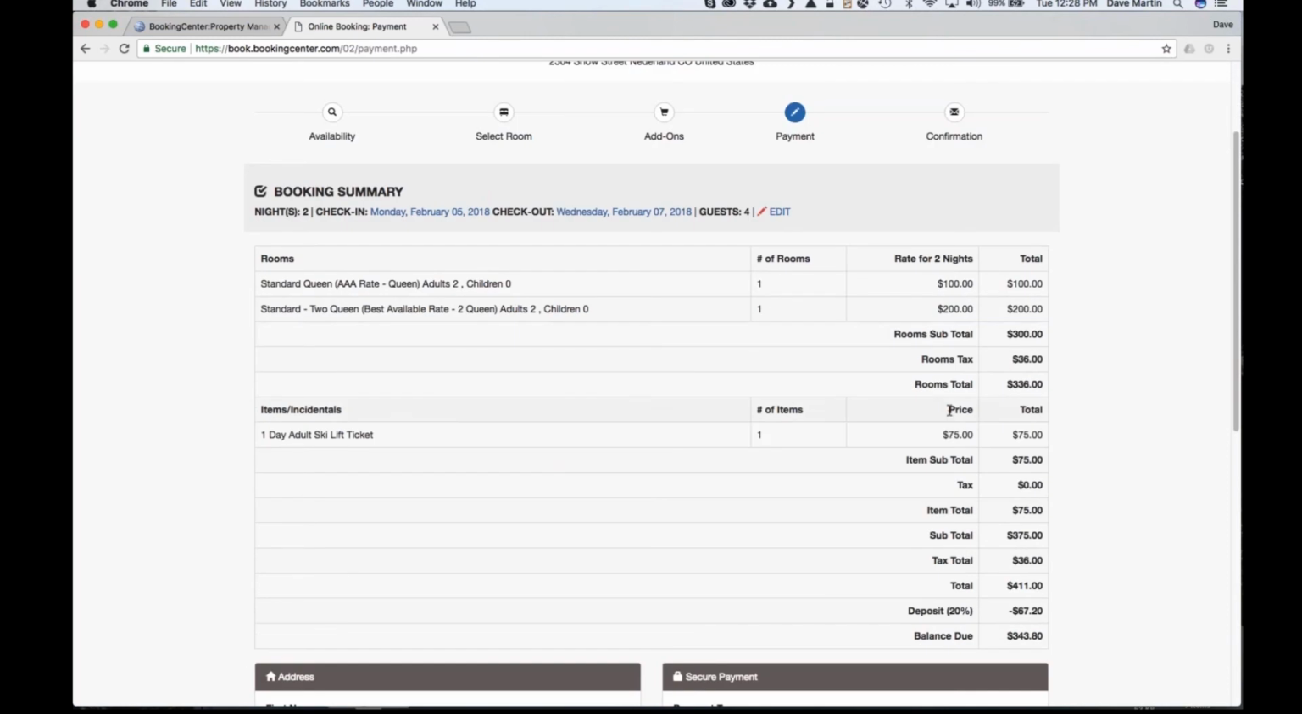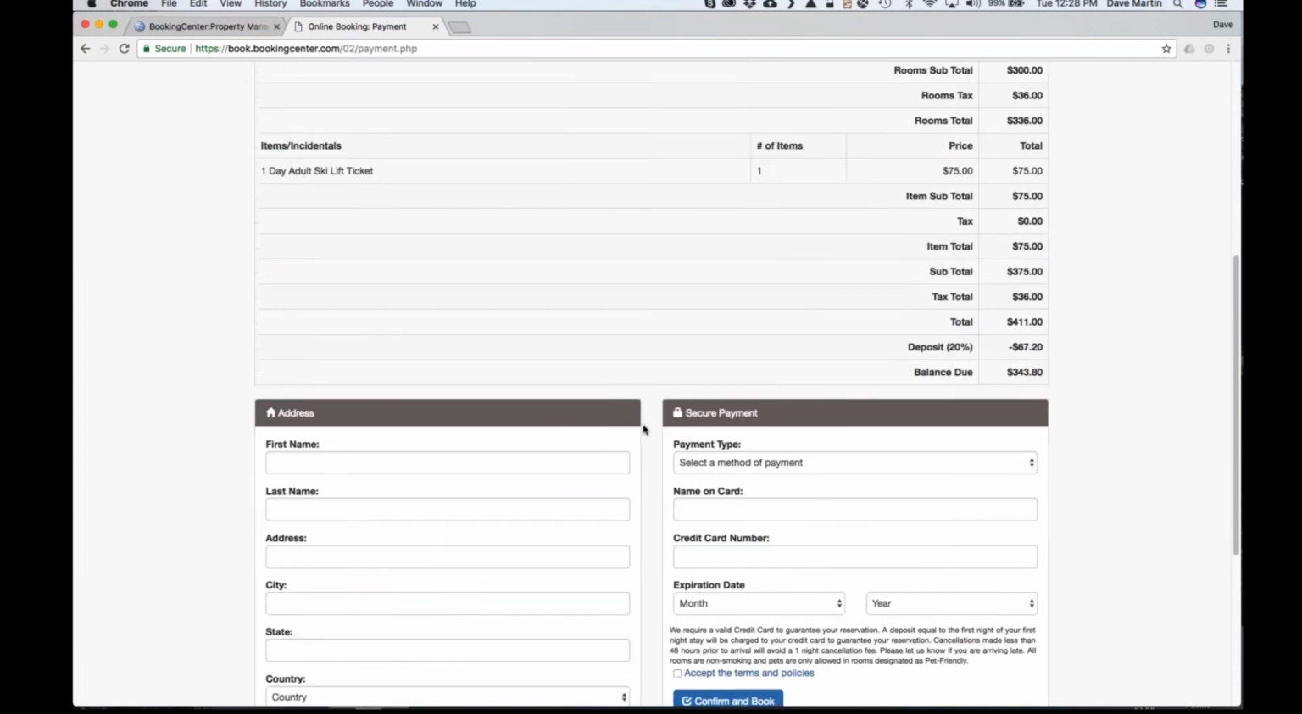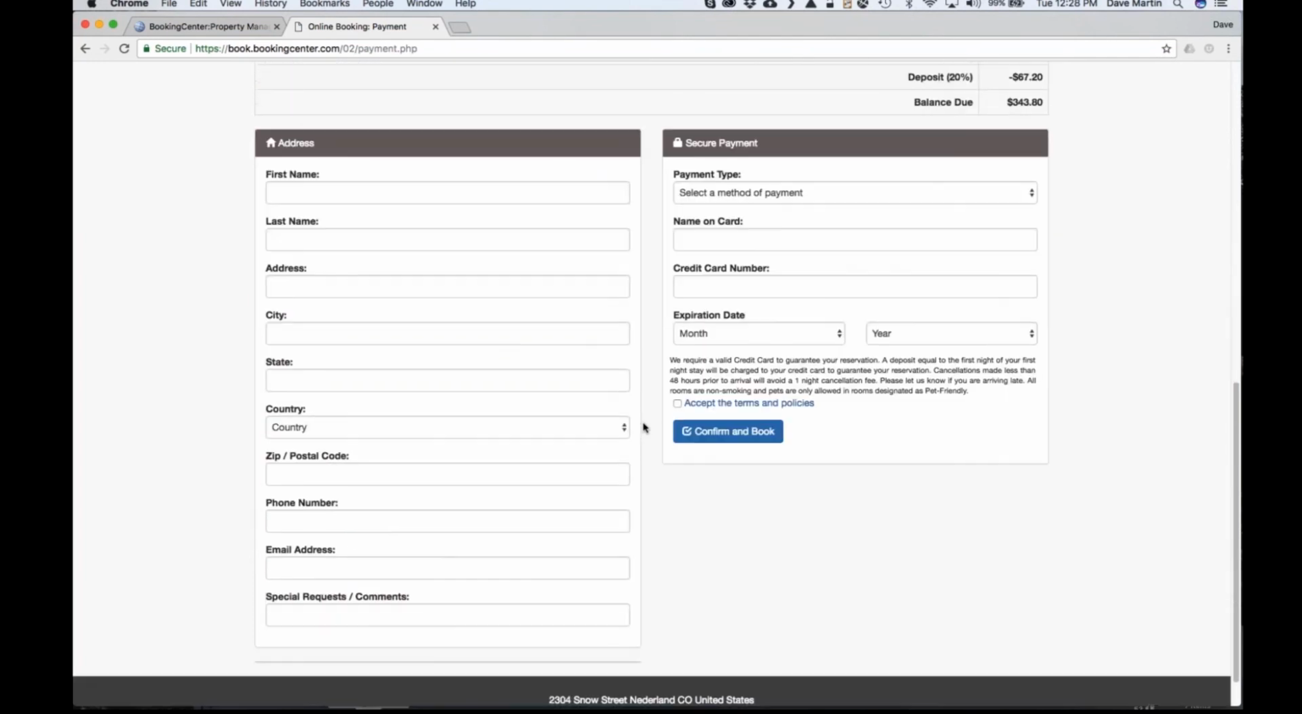It has my 2 rooms as well as my add-on item, and now I'm on my payment page. So at the payment page, we put in our guest information and then our payment stuff, and we have our cancellation and deposit policy written out, and they have to agree to it. So where this information comes from, if we click on here and we go here, it's this top box right